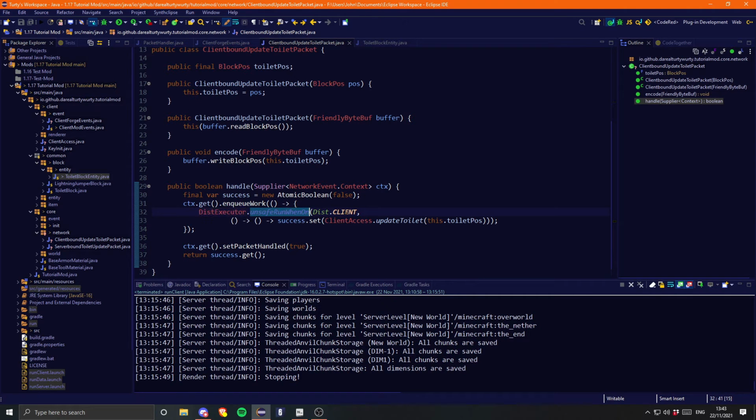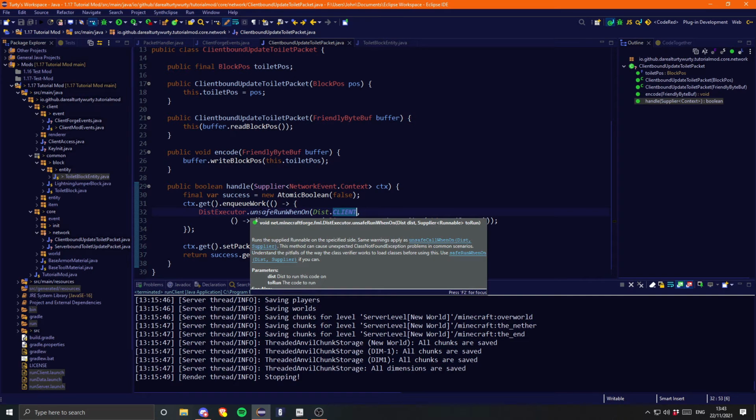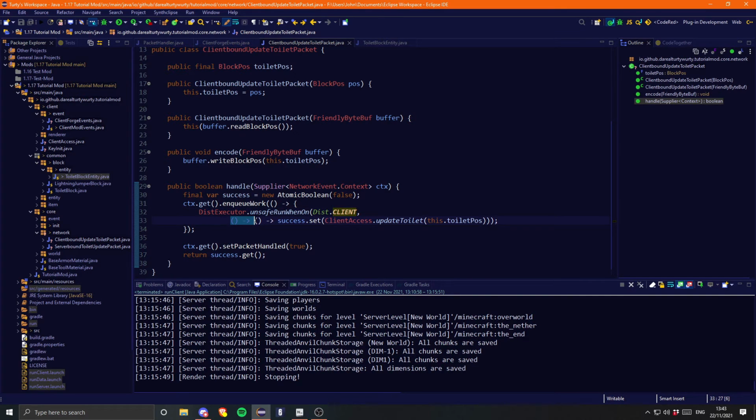Now when it's on the client side, it does a run. This takes in a supplier, so that it's not called straight away, of a runnable. And when it runs, we want to set the success to true, or whatever comes out of here,